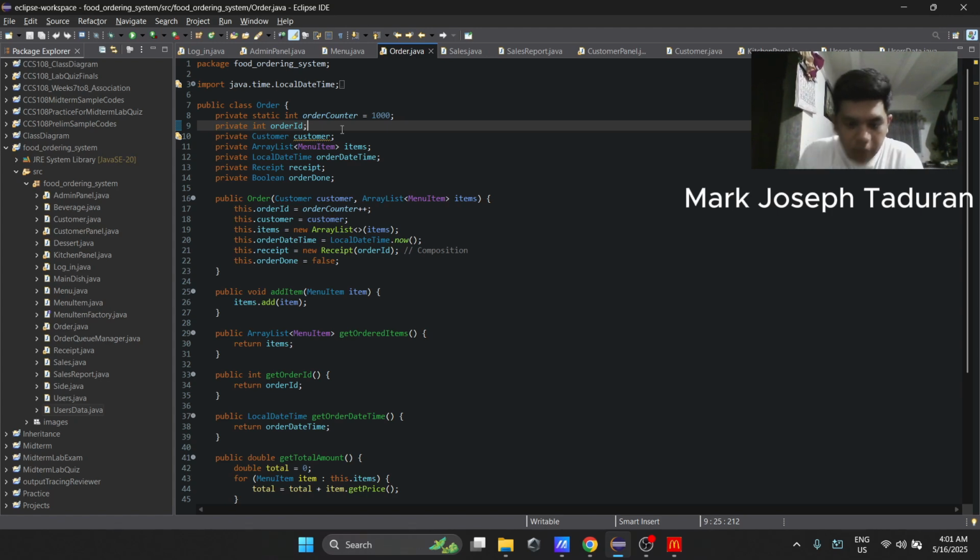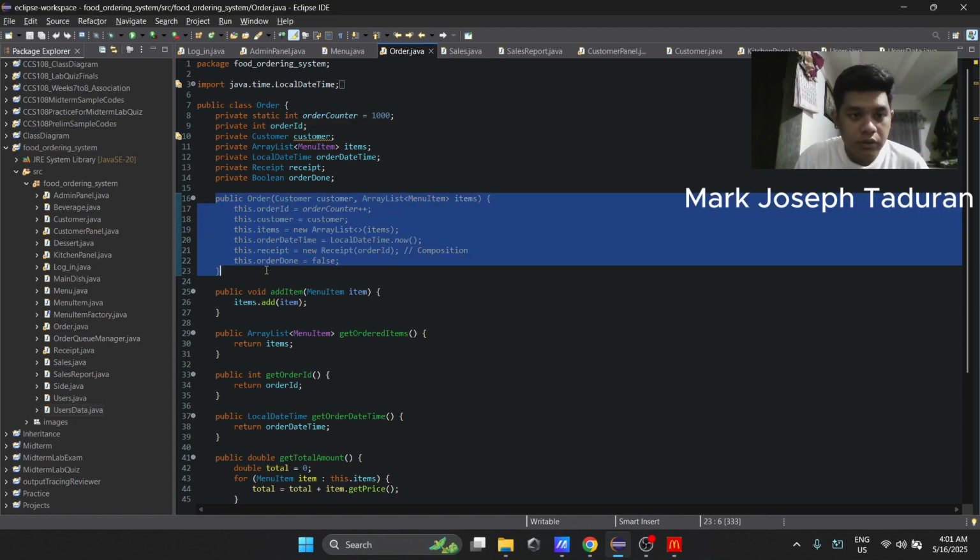Next, let's talk about the constructor. This line of code. Every new order grabs a new ID, copies the incoming cart so no one can mutate it externally, stamps the current time, composes a receipt, and marks itself not finished.